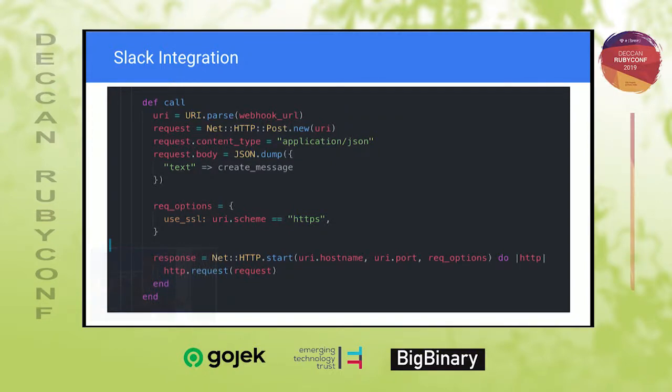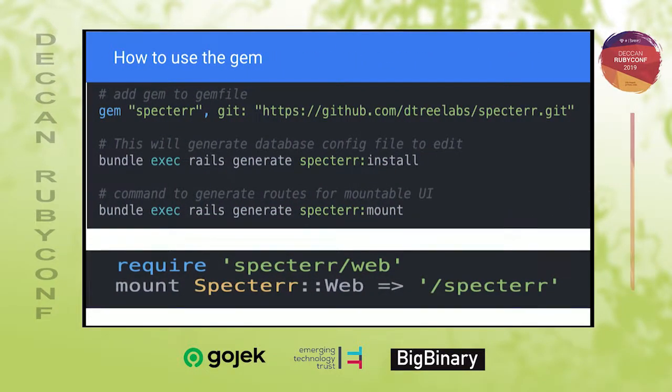Getting notified is fairly simple. There are APIs provided by Slack and other channels. You can create a simple Net::HTTP post object with a webhook URL and a JSON payload describing the exception, and you will straight away get notified inside your Slack channel. This piece of code is fairly simple. If you track an exception, you will get notified inside the Slack channel as well. So that was how we did it, the four steps, and how one can use the gem.